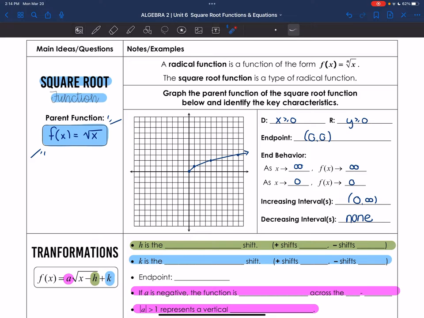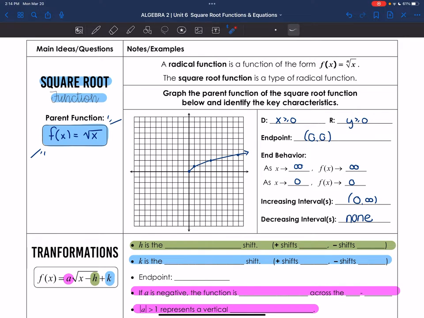In today's video, we are going to be looking more at our square root functions and their graphs. We've already reviewed what square root functions are, specifically that parent function. That parent function is always the function that we're going to be discussing as our reference graph. That parent function starts here with an endpoint at 0, 0, and then it goes up and to the